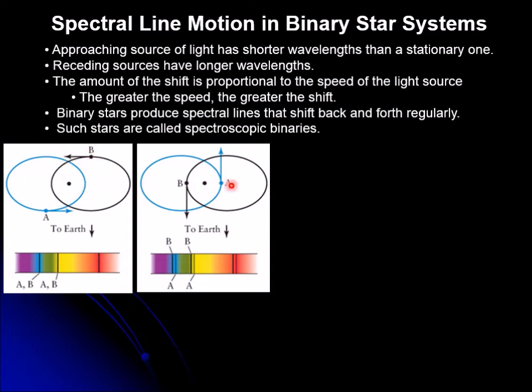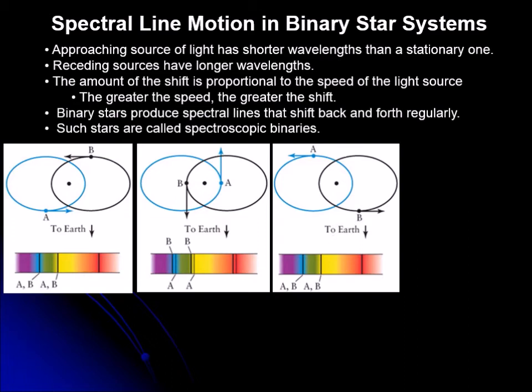So at some point we're going to have them like this, and A is going to be receding from us and B is going to be approaching us. So in this case, B will be shifted towards lower frequencies, and this one is going to be shifted towards higher frequencies, so they get displaced. So A now shows these lines, whereas B shows these other lines. Later on, they will go back to being again perpendicular in their motion with respect to our line of sight, and the lines will lose their Doppler shift and they will come back to the original positions,